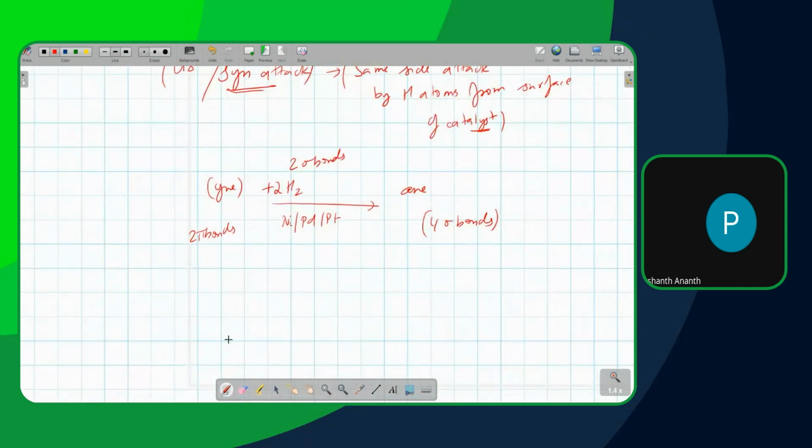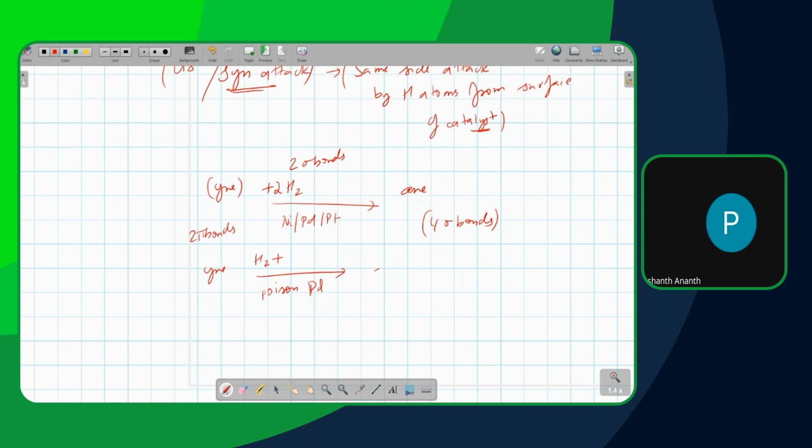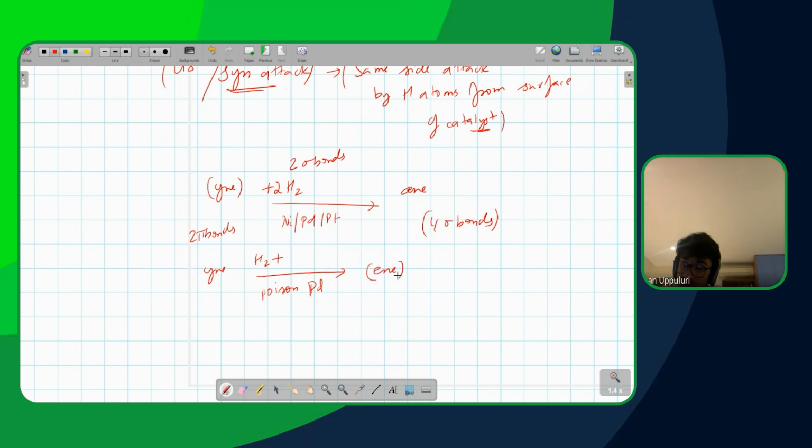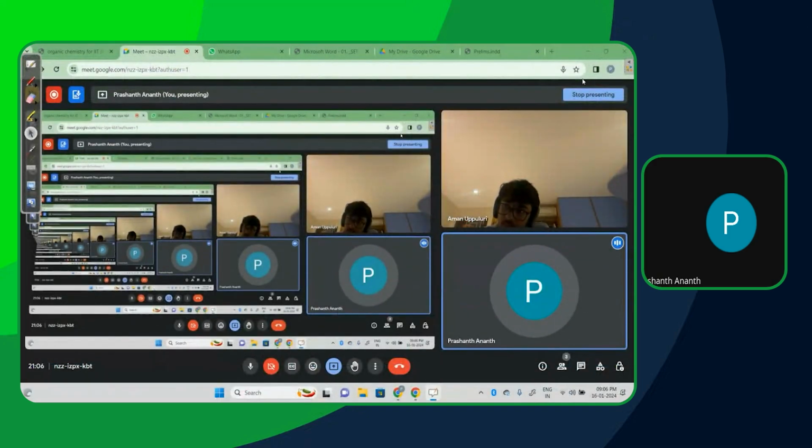Now, you can add this piece of data, which will be useful: when you poison the palladium, the reaction stops at that stage. You can mention this part here. This would be extra information, not necessarily irrelevant, but it could add value to your synopsis. But I don't see that piece of data here.